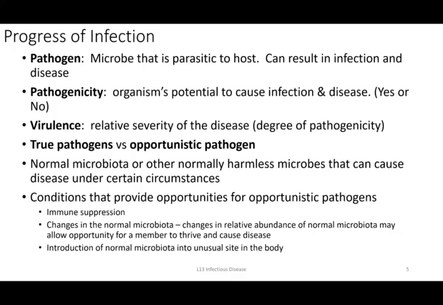So we've talked about some of these definitions, but we want to add to it. We really want to differentiate those microorganisms that are just part of the microbiome versus those that can cause disease. So we've used this term before. A pathogen describes a microorganism that can cause an infection and can cause disease. So they have some characteristic that enables them, if they do get into our body, it doesn't guarantee they can cause disease, but they potentially can.